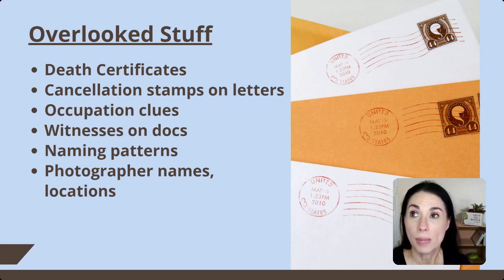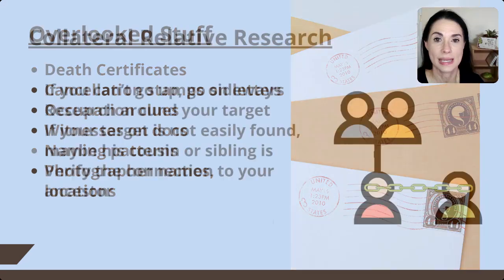Look at their occupation and the clues that that could hold. Were they moving around from place to place to get work? Are there clues? Look at the last name and the other people in that area that had the same occupation, because occupations are still today handed down. So look at those. Don't overlook the witnesses on marriage records and deeds and probate records and wills and things like that. And then certainly always look for naming patterns in a family as well to help give you clues and answers.